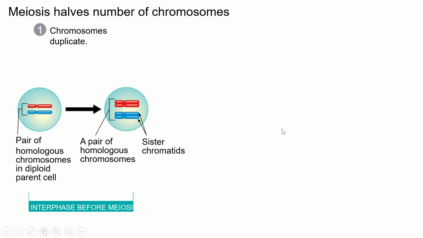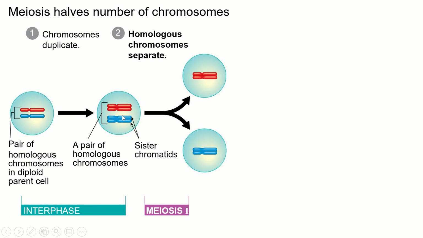So meiosis is going to take the number of chromosomes and cut it in half. And just like we don't do mitosis willy-nilly, meiosis is going to be really organized. And it's going to have two main phases. Before we start that, we have to do interphase, where the homologous chromosomes are going to duplicate their DNA. Then we've got meiosis 1. We have two big parts of meiosis. The first one is called meiosis 1. The second one is called, wait for it, meiosis 2.